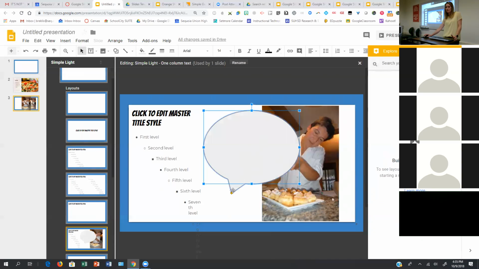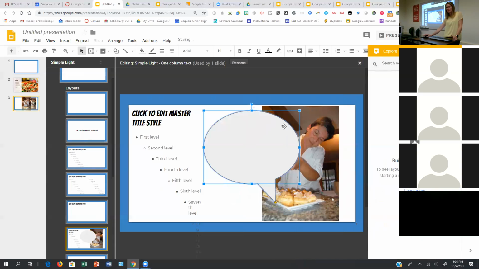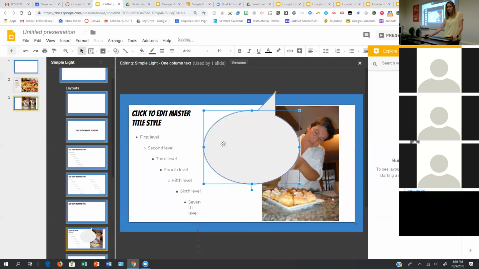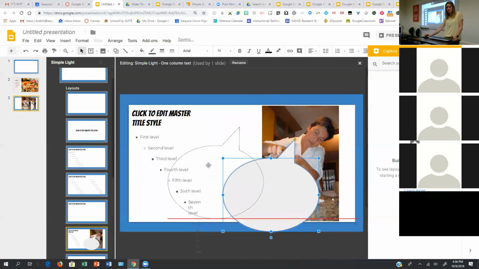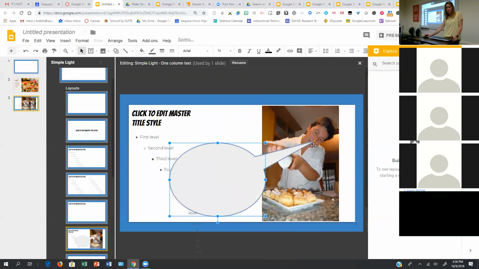Because really I want this little call out part of it to be up here, right? Not down here. So I'm gonna do some rotating. I'm gonna right click, and this will let me rotate horizontally first, but I still want it up here. So I'm gonna right click again, rotate, and this time I'm gonna flip vertically. Now I can move this, angle it a little, then it's not in the way. A little overlap would be nice. Maybe not going up her nose, right? You have to be really particular where you're clicking.